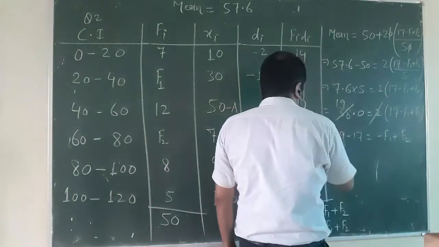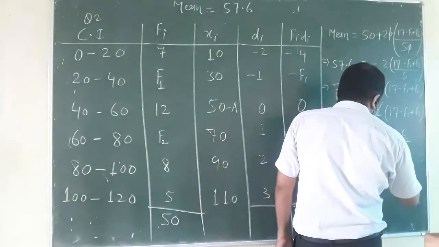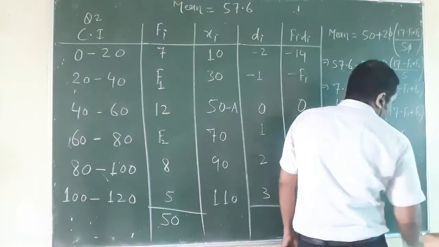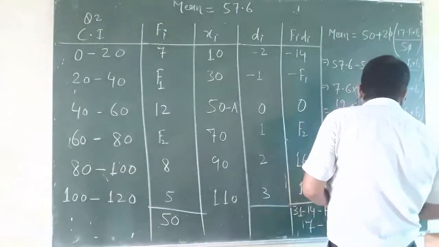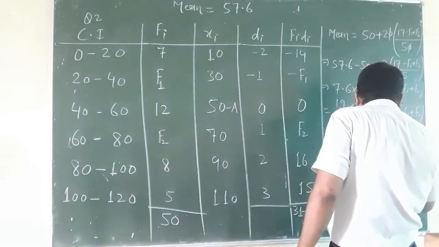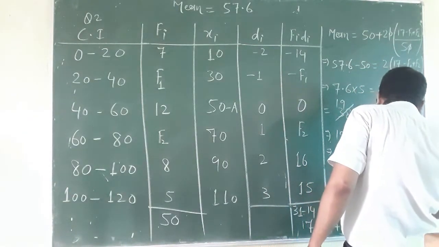Okay. Now this time 2 is equal to, you can put the positive one first, F2 minus F1 or F1 minus F2, both you can write. So I will write minus F1 and plus F2. This will be my first equation.